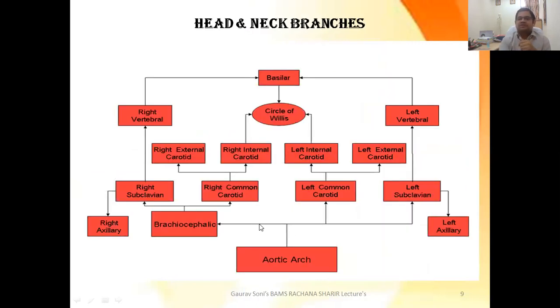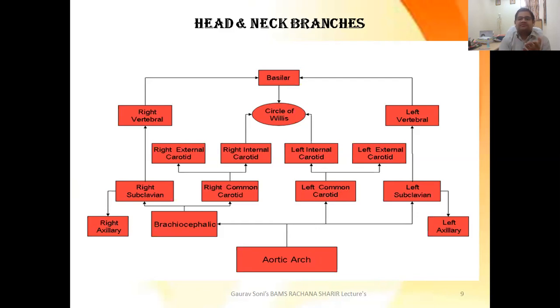So basically, talking about the head and neck region, it's not a detailed one but an easy one. From the aortic arch, on the right side at the top, it goes to the brachiocephalic, then it forms the right common carotid artery, which divides into the external carotid and internal carotid. The internal carotid goes and forms the circle of Willis, which supplies the brain region. On the left side, you see the aortic arch gives a direct branch, the left common carotid artery. Then again, internal carotid and external carotid. The left internal carotid also gives supply to the left part of the circle of Willis.